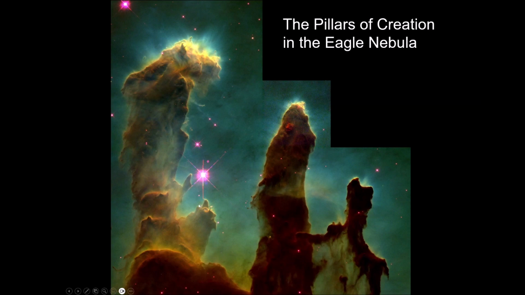Now, one thing that's a little deceptive when you look at these pictures and you see these pillars, it gives the impression that something is rising up and out of something. And it's actually the opposite that's taking place here. There is some mechanism, and I honestly don't totally remember what happened in the Eagle Nebula here. I don't know if it was a supernova. It probably was a supernova, but it could have also been a massive star, but it pushed material down. And these pillars were dense enough that they weren't as easily pushed down as the rest of the surrounding material.